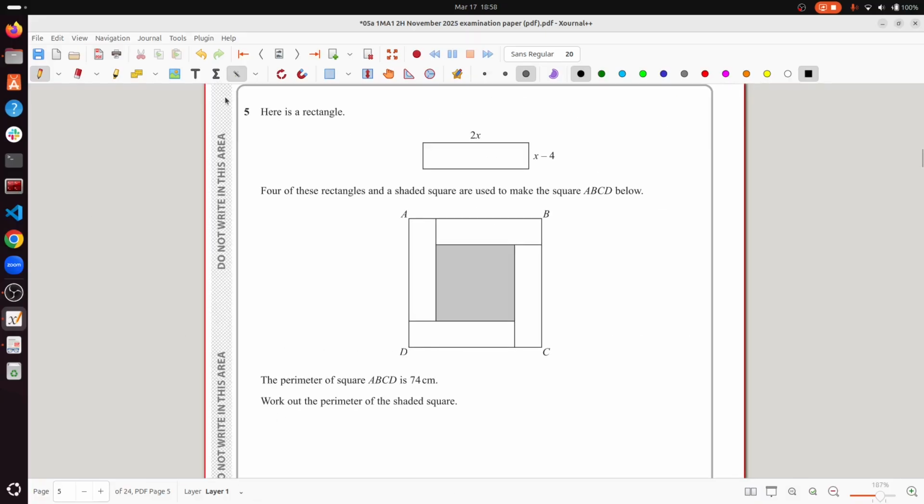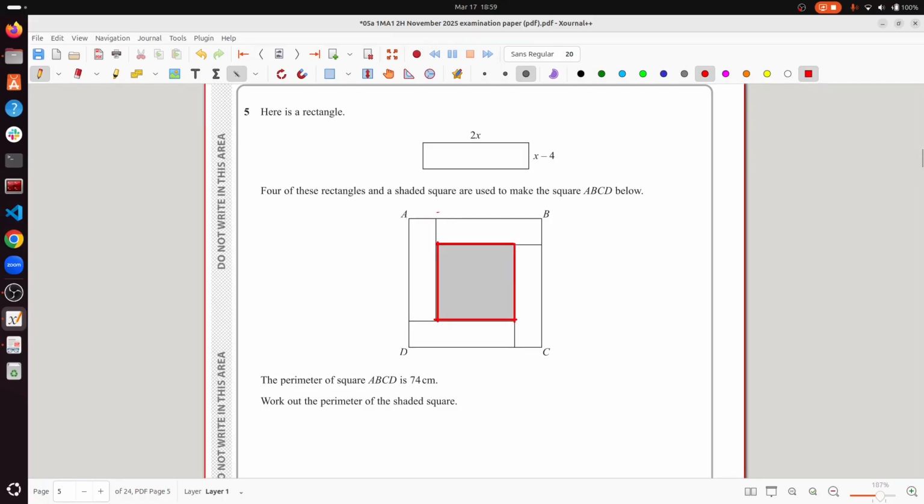Number 5, it says here is a rectangle which is here. 4 of these rectangles and a shaded square are used to make the square ABCD. The perimeter of the square ABCD is 74 cm. So we are trying to find out the perimeter of the shaded part. Before we find that out,